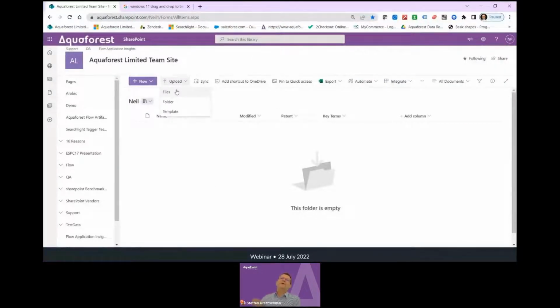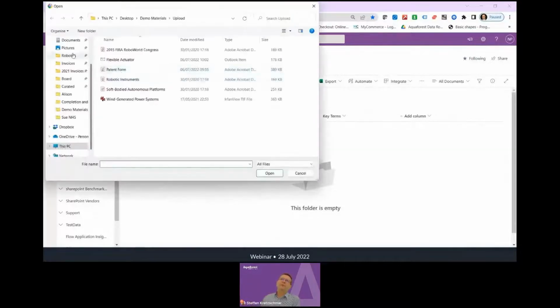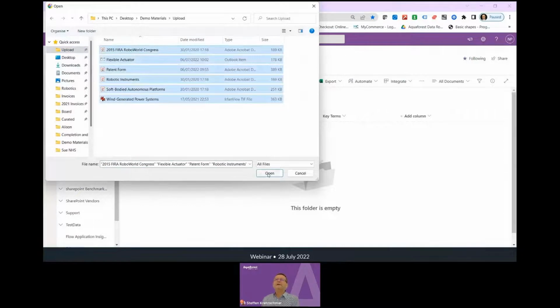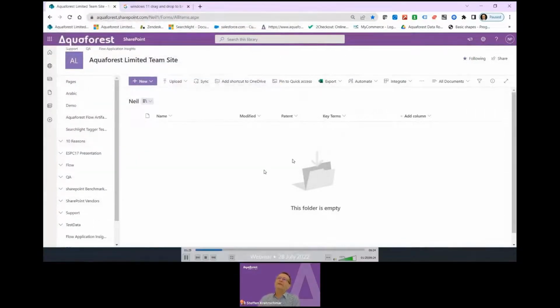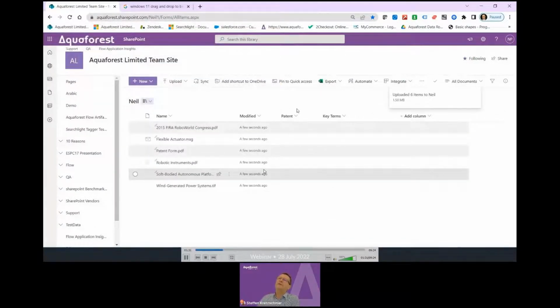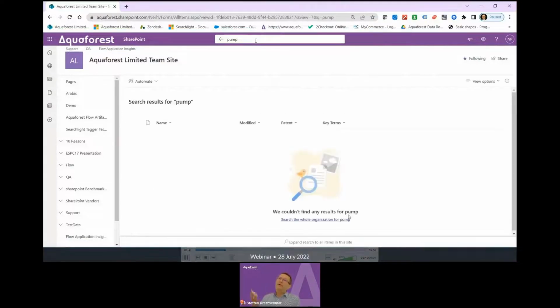Now, first thing we do, we move all these files up to our SharePoint Online location simply by uploading them there. That shouldn't take a second. And while it does that, please pay attention to these two managed metadata columns, which are here on the right, called patent and key terms. So they're currently empty. Now, if we search for anything in these documents,